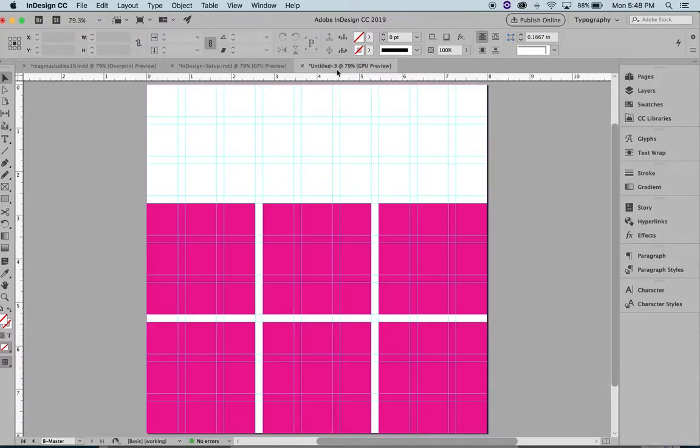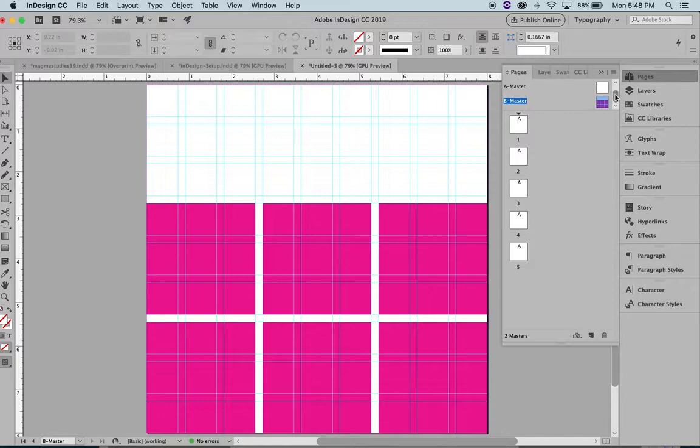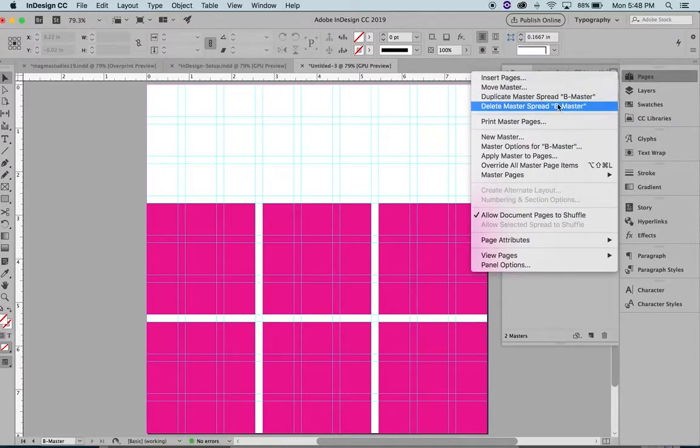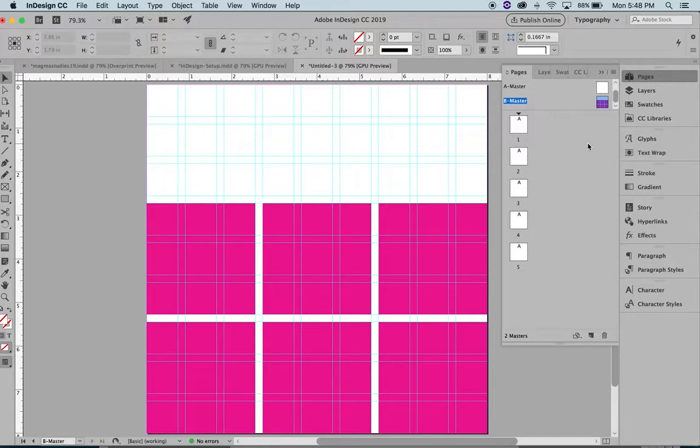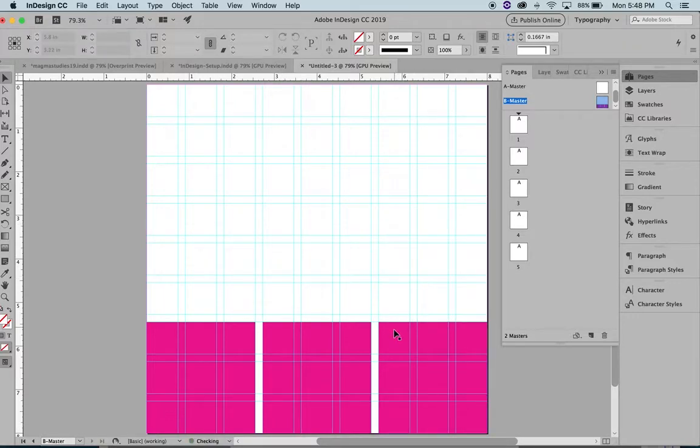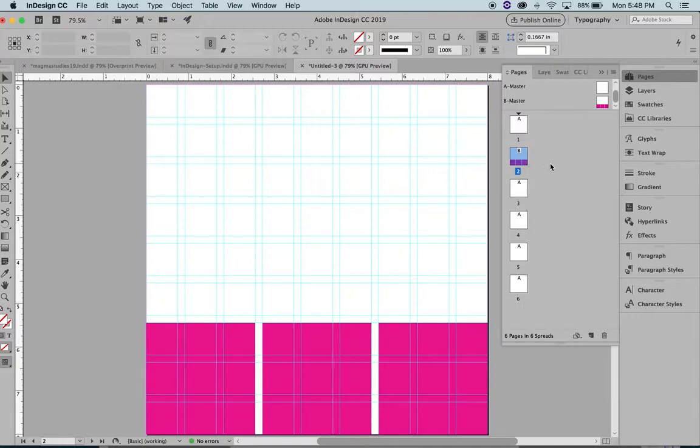The other thing you're going to want to consider doing is, here's our original layout here. Let me go back. As you can see, using those master pages, you can add as many master pages as you want and create the different types of grids you'd like. So if I wanted to come in here, I'm going to take these off of here, because whatever you put on your master page will show up. When I add a page here, if I click on this master page and pull it into my pages, it goes into my document. Now here's page 1, page 2. You can see it has those blocks of color on there,